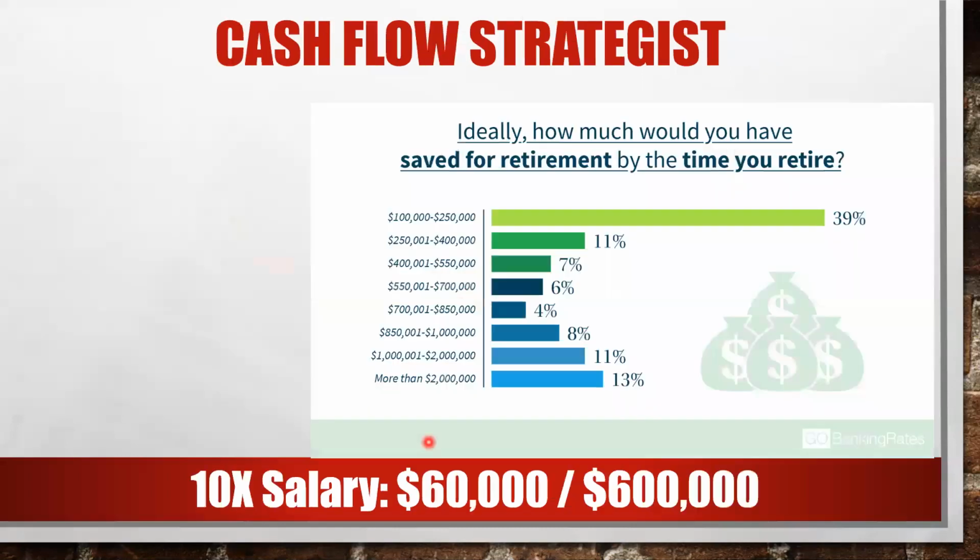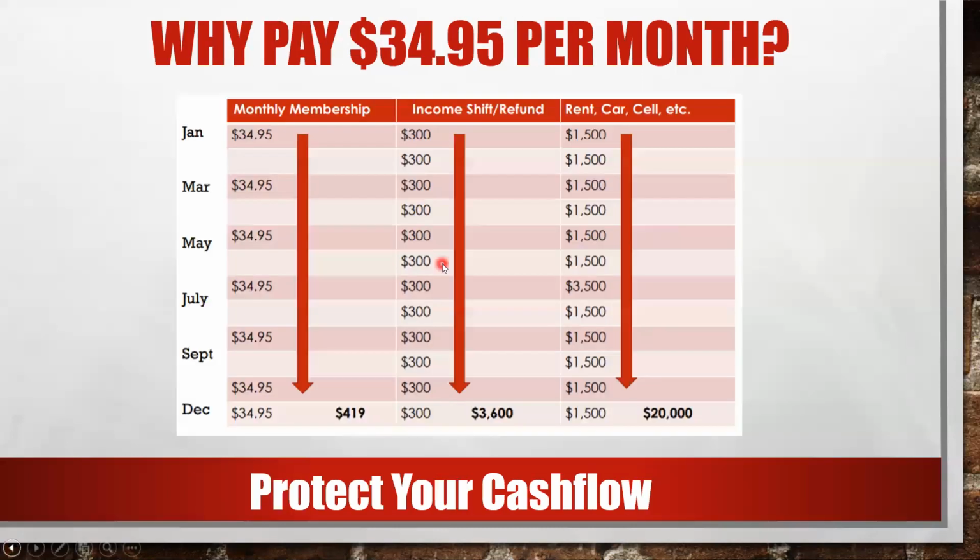So if you income shift for a whole year and you're getting $300 a month, that's $3,600 that you kept the government from taking from you. That's $3,600. So it cost you $419 to get $3,600. So not only is your business free because you got the money back, but you get $3,600, and to prevent you from having to owe at the end of the year, you get your write-offs, your rent, the sale, the car note, and other